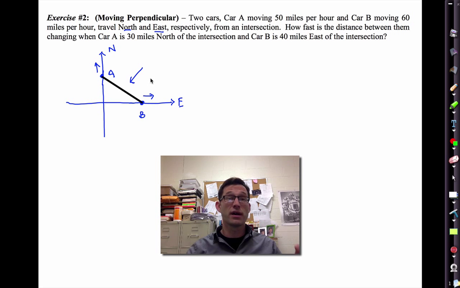Okay, so we actually kind of know what we want. But we have to think about our rates, right? Now, what are we doing exactly? We know that car A is moving at 50 miles per hour. That's one rate, right? 50 mph. And we know B is moving this way at 60